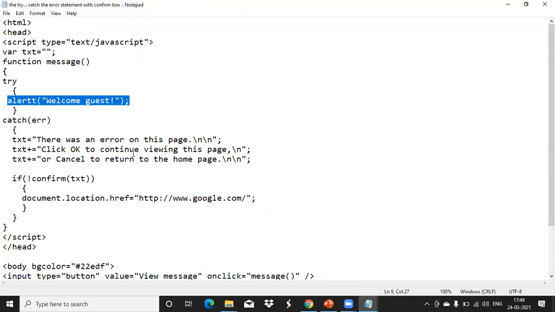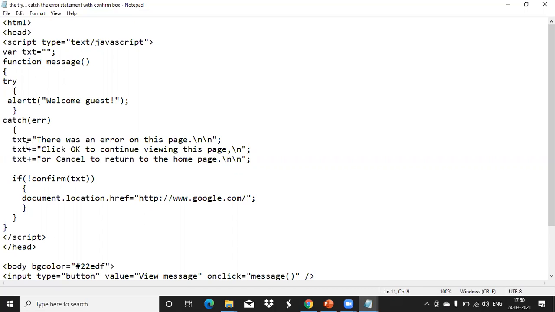Now if anything happens inside this try block, how do we handle that situation? You got a confirm pop-up message box. How did you get that? When anything happens inside the try, the catch block automatically works. Inside the catch, this is the error object. I told you first that in JavaScript, when an error occurs, an error object is automatically thrown.